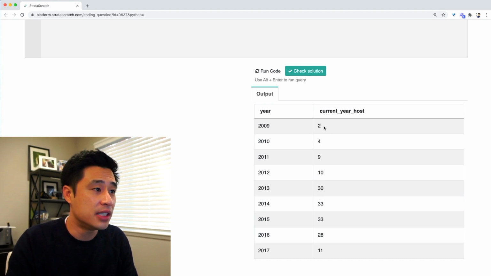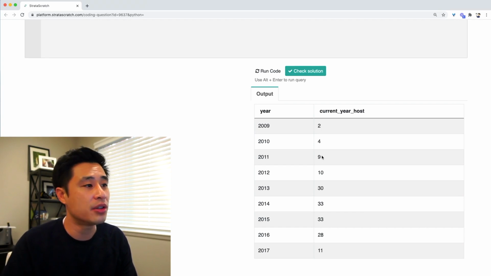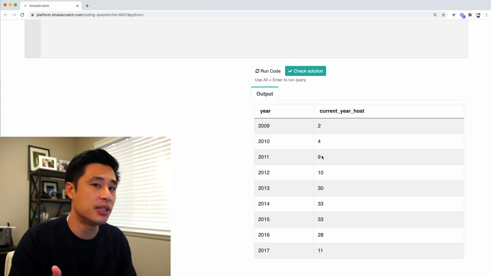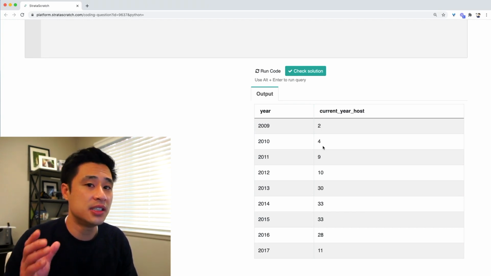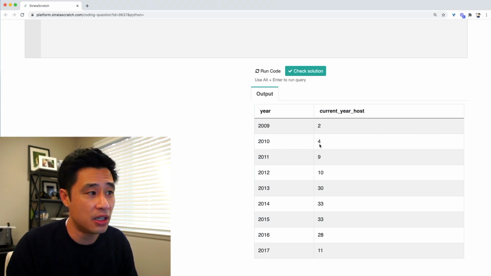year, right? So from 2 to 4 is basically 100% growth. From 4 to 9 is over 100% growth. And so we want to be able to communicate that using a SQL query. How do we do that without using a window function? It's really hard in SQL to take values from 2 different rows and perform a calculation without using a window function, because what you want to do is actually have all of the values in a single row to then